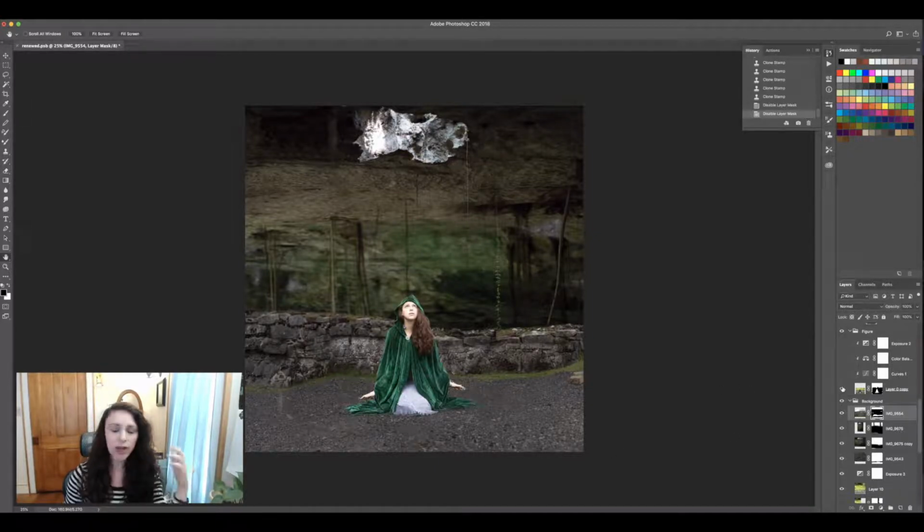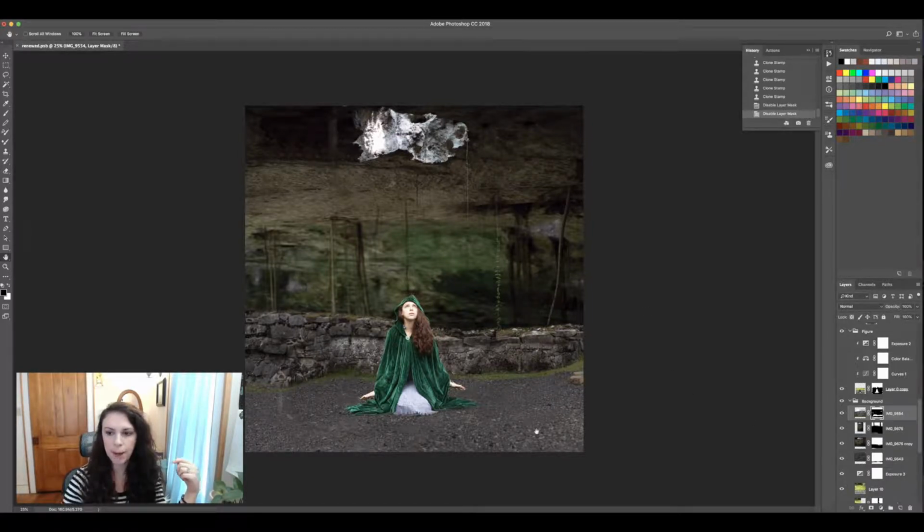So now we have the finalized background and we have the figure. And this is another area where a composite can go very wrong, is that the light doesn't match, right? Because the figure was photographed on a rainy day, so a very cloudy day. There is slight directional light. You can see on the chin there that there is some shadow, so the light's from overhead, but it's very soft and very diffused. Now, the light here is just too omnidirectional right now for what would be streaming through